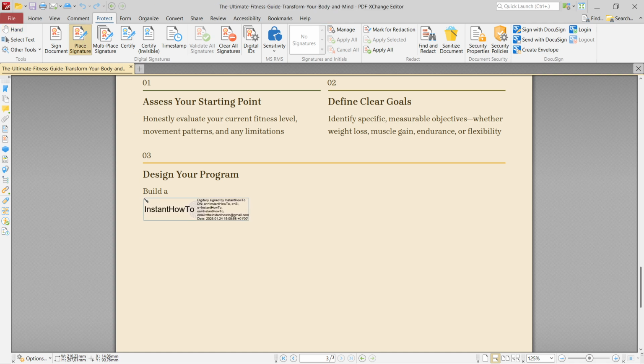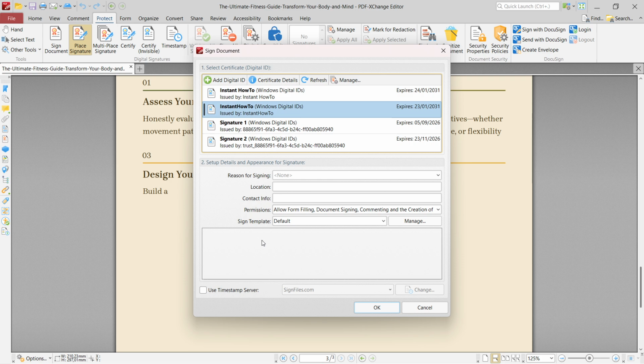And then I'm going to draw the signature where I want to have it. For example, over here like this. And for me, it's already showing something. Just ignore this because for you, it may not be showing anything. And whenever you're happy with your size, just go ahead and release your mouse button and it's going to pop you